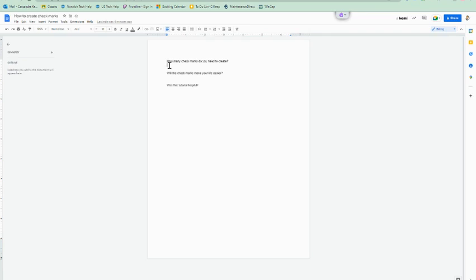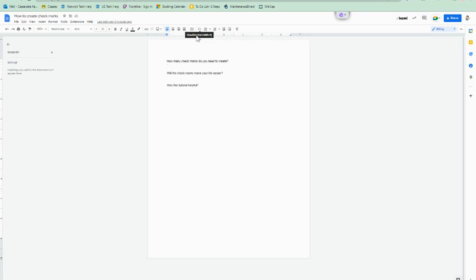In a Google Doc, you can put in check marks. But if you do it using just the checklist option, it's going to cause the words to be strike through once you click on that check mark. So if you would like to get around that and use the check mark as a tool for people to record their answers,